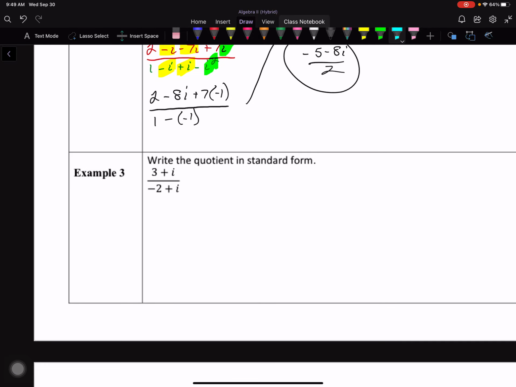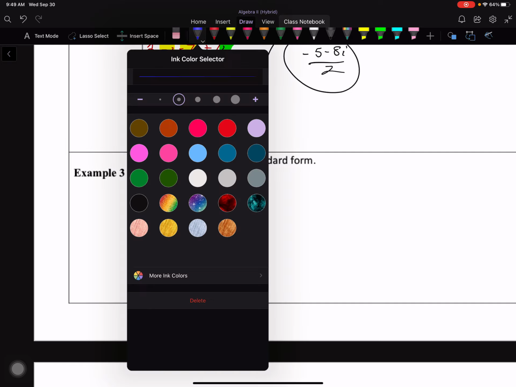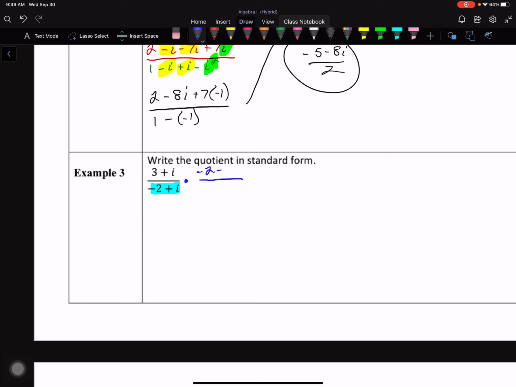One last example here. So first of all, identify the conjugate. So we're going to multiply the top and the bottom. So take a look at the denominator, and all you do is switch the middle sign. So it's going to be -2 minus i. Okay, distribute. So -6 minus 3i minus 2i minus i squared